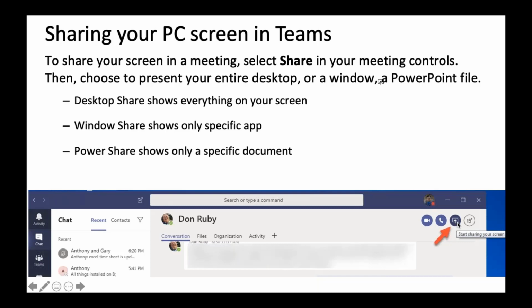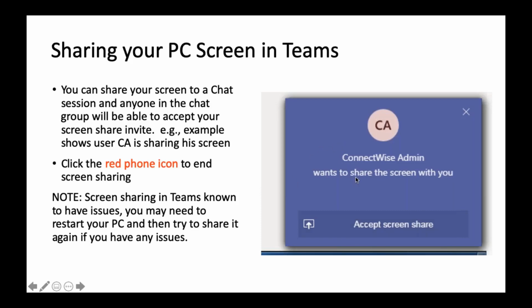They'll be prompted to say, hey, this person wants to share the screen with you. Do you want to accept? And it'll get prompted something like this. So you have to accept their screen share, and then now you can see each other's screen and work together. Okay.